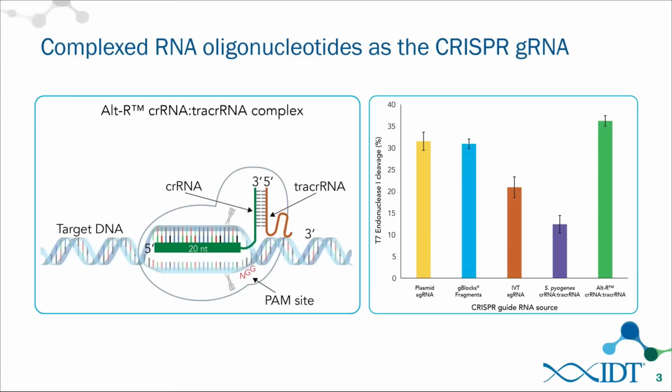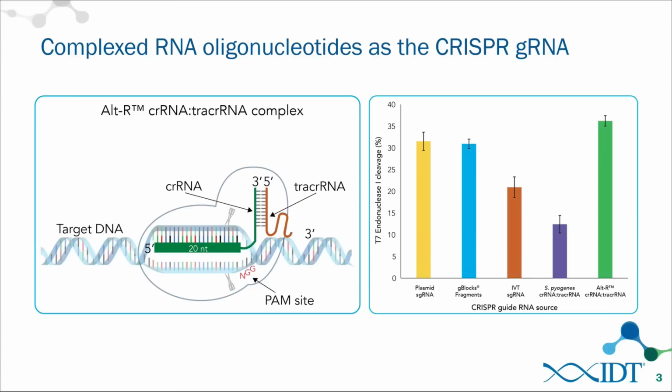The panel at right shows a comparison in the far right, in the green bar, the results from gene editing at one particular site with our Alt-R CRISPR RNA tracer RNA complex. This was compared directly to the native two-part system from Streptococcus pyogenes, which is shown in the purple bar, as well as compared directly to the single guide RNA, a G-block gene fragment, or a single guide RNA driven from a plasmid